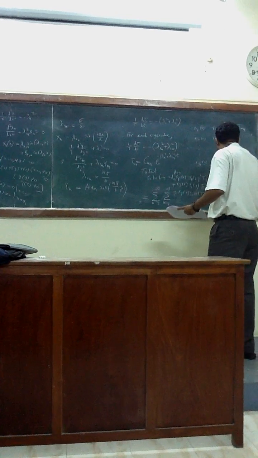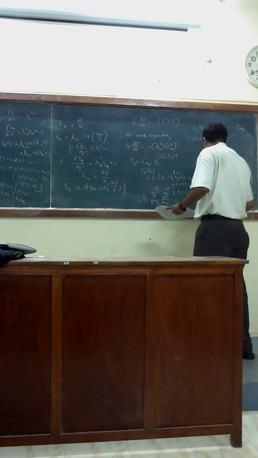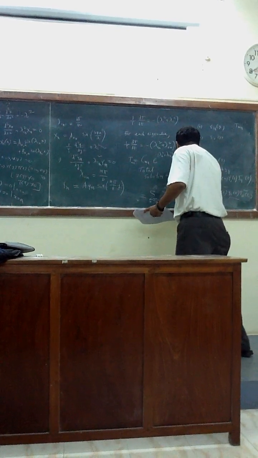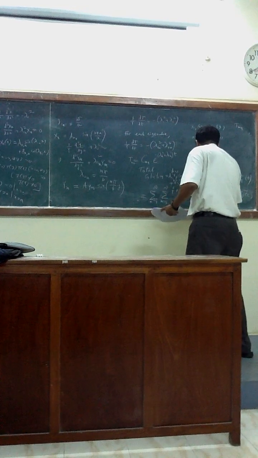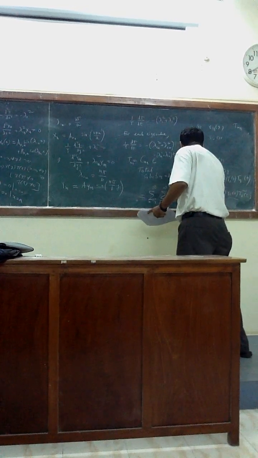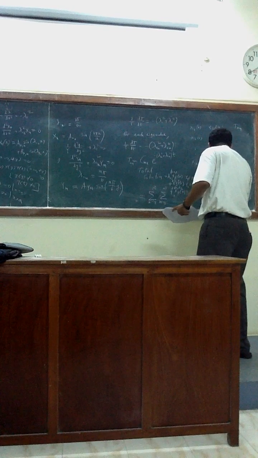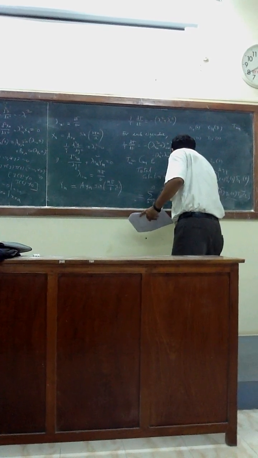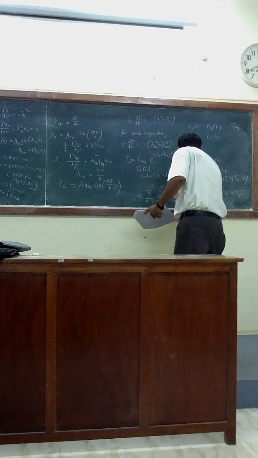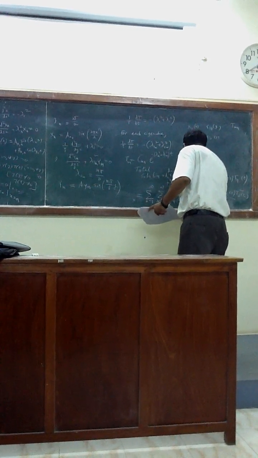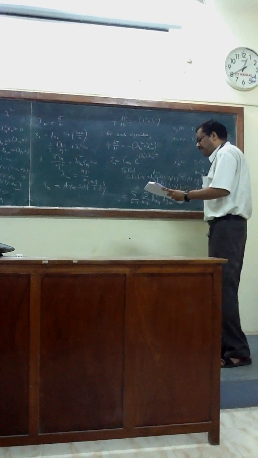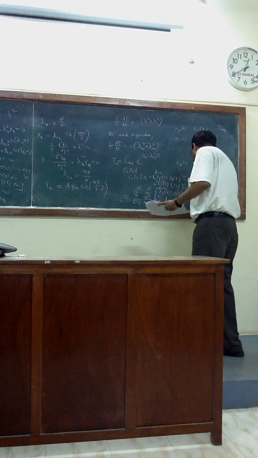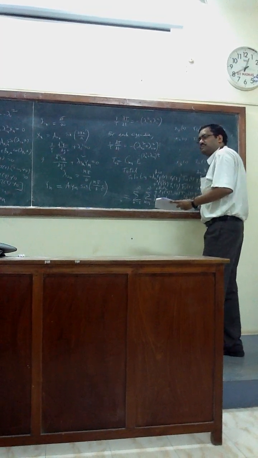It will be ax2 ay2, ax3 ay1, ax1 ay2, ax1 ay3, so it will be axm aym. Then next, sin n pi x by a, then